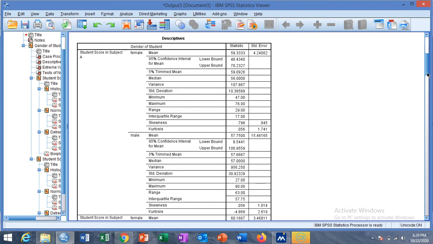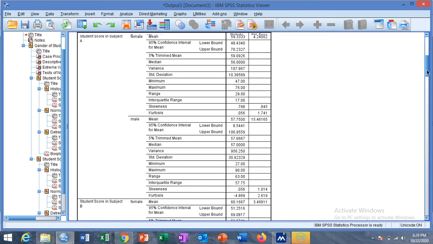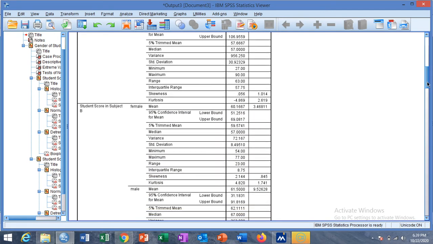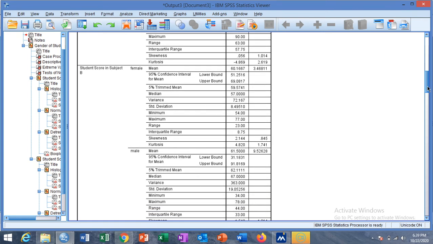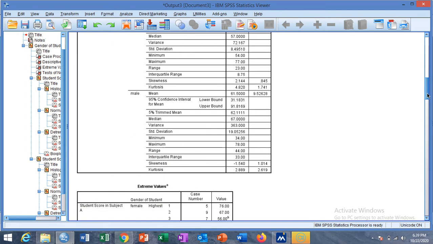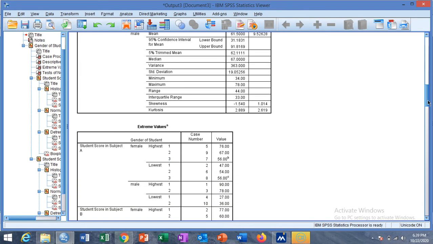These descriptive statistics are found for both levels of the factor gender, female and male. Similarly, student score in subject B is also found for female and male separately.